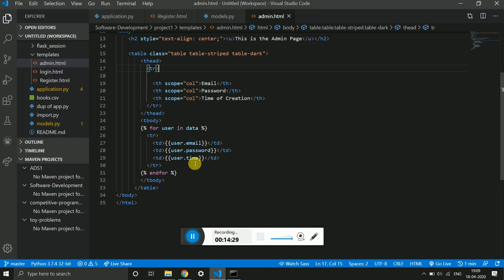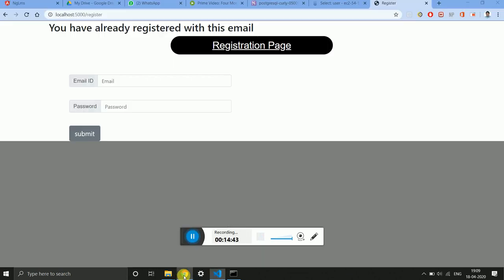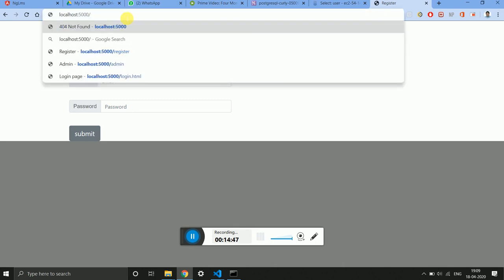So all the details of the users that are registered in my website will be shown in the format of a table. So this was already written by me, so I'll directly type here admin.